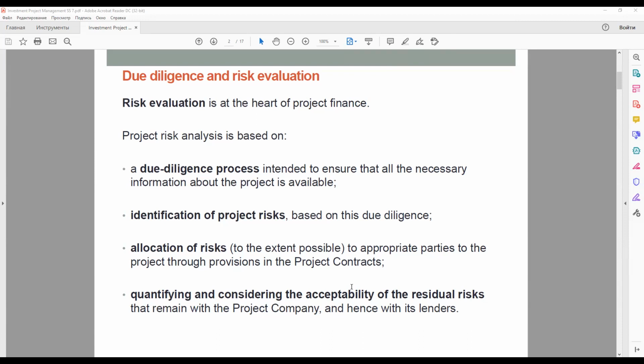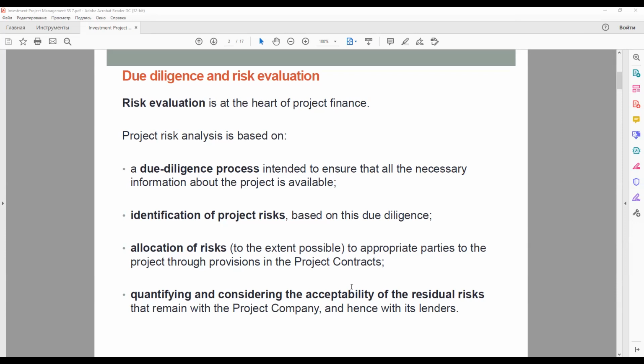The risk should be allocated to the more suitable party of the project, and that risk, after it has been allocated, should be clearly stated in a project document. So there should be no issue, when such a risk is realized, about who is addressing this risk and who is responsible for mitigating it.